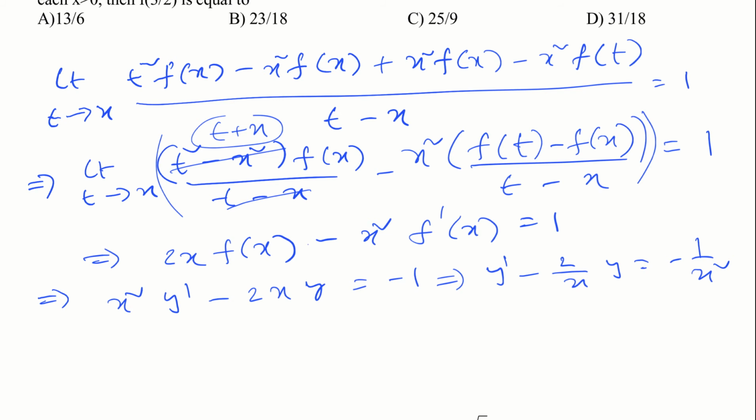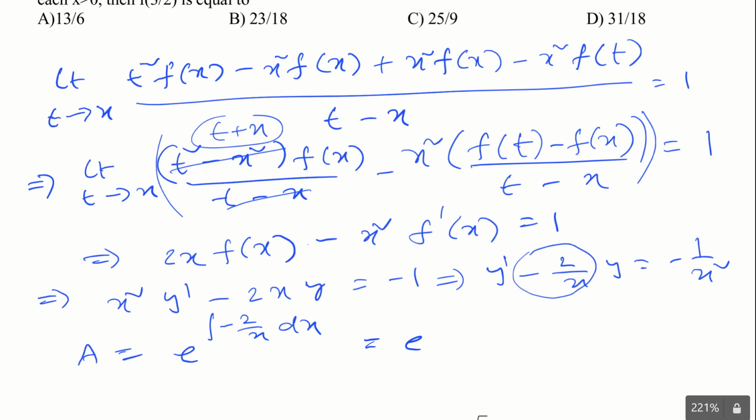So I am doing it the way I have practiced. You can do the way you have practiced. So basically that is e power integral p dx. That's what we calculate. So I call it a for fun. It will be e power integral minus 2 by x dx. So it is nothing but e power minus 2 times log x. So that will be, sending it into power, I am getting 1 by x square, because e and log are inverse functions of each other. Now I have a.